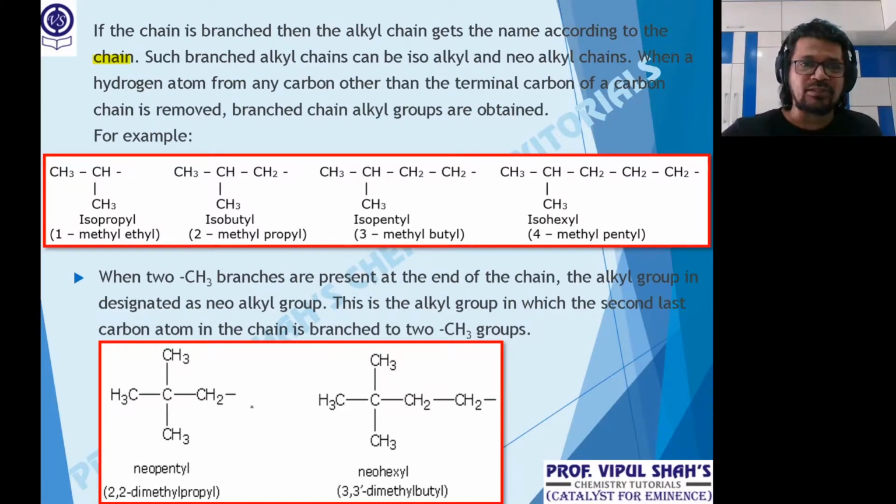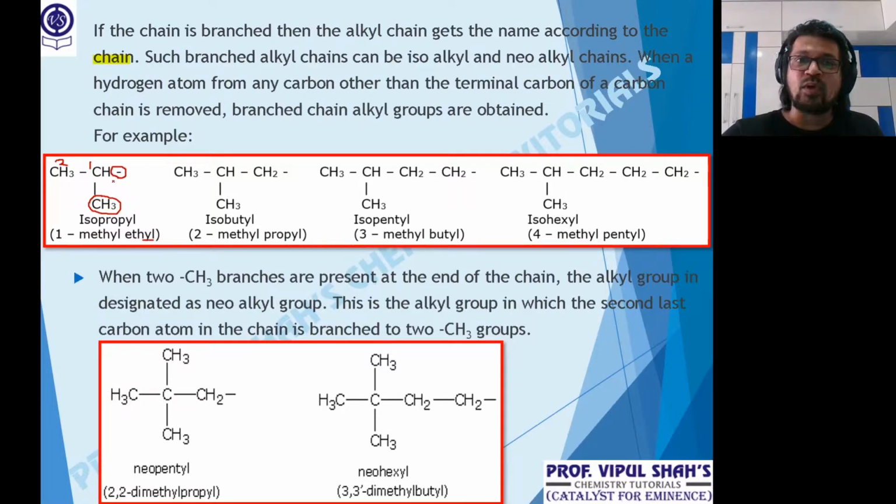For example, look at this. The first one, please have a look at the slide, everybody. This branch carbon is attached to 2 methyl, so that's isopropyl. So how do I number this now? In the IUPAC, if this is a branch, where this CH, what you see, I'm just circling here, this will be attached to the main chain. So this is a branch. So from where it is attached, I will number. Now I can number 1, or 1 and 2, or I can put it 2 down also. So now in the IUPAC, at 1, I have a branch. That's methyl.